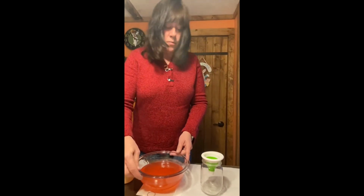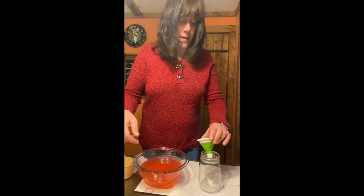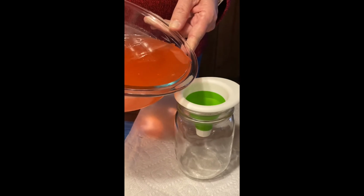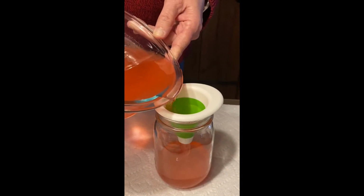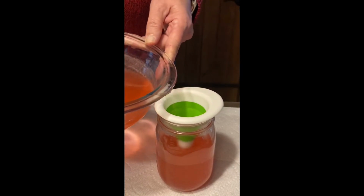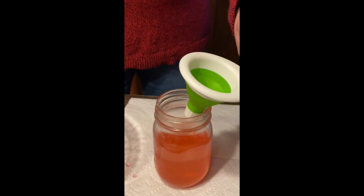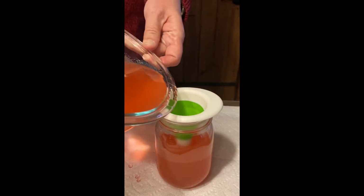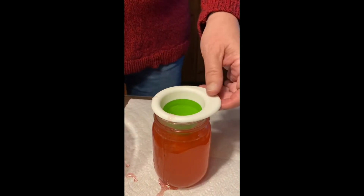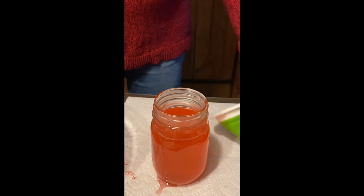And you can use a glass, whatever you have. So I have a small jar and I don't want to spill it everywhere or as least as possible. So I have a funnel there to help me. And we're going to pour it right in. So I have a lot left over. I could make another jar if I find one. Oh, I'm gonna keep adding more. I want to get it close to the top. Okay, so now